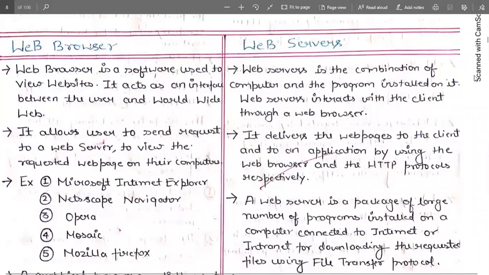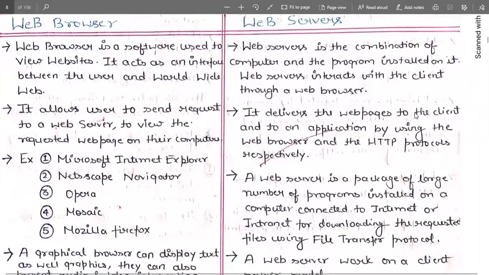But what do you mean by web server here? A web server is a combination of a computer and a program installed on it. The web server interacts with the client through the web browser. It means between us and the server, there is an interface that is called a web browser. That web browser helps us solve our query with the help of the web server. Once I send any query to the web browser, the web browser sends it to the server, the server responds to the browser, and the browser responds to us, that means the client.